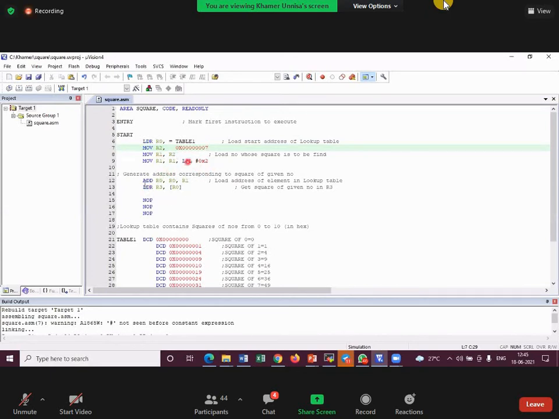Then the next logic would be to perform the address generation, so that it becomes easy for me to point to that particular address. Then after the addition, we know that R0 will be holding the address actually. So R0 will be used as a pointer. So these again are NOP, and these are the directives, guys.